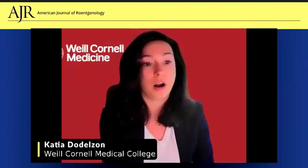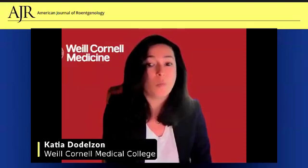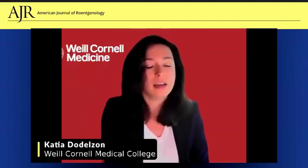To start us off, what is the key gap in the prior literature that prompted this study? Thank you for that question, Andrew. Breast and axillary core needle biopsy is the standard of care for tissue diagnosis and is really the preferred method of obtaining results for any indeterminate lesion within the breast or the axilla. And in fact, more than 1 million women undergo image-guided core needle biopsy annually in the United States. And even though it is considered a very low-risk procedure, its most common complication is that of bleeding and hematoma